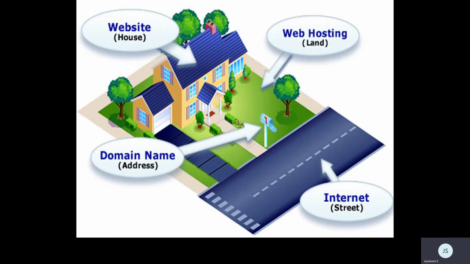These things are possible only if I have something called land. A house can be constructed if I have a base called land. I can create pages, but they can be launched to the internet, or globally to the users, only when I host them. That's the base. A house can be identified with the help of a street number, and the source to connect your website is your internet. So this is a small interpretation just to show how things are represented.